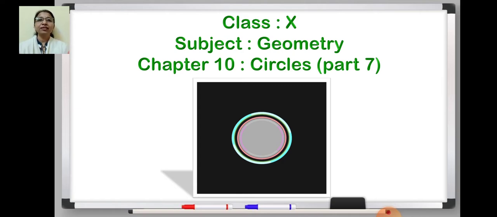Students, today we are at the concluding lesson of this circle chapter. In today's lesson, we are going to discuss some very important points which could be asked in the form of fill in the blanks. Also, we are going to revise the theorems and the important results which we have learned during this chapter, and MCQ questions. So children, I want you to be ready with notebook and pen, and if possible draw diagrams also. So let us begin.